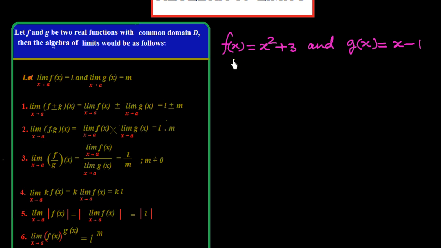Now, what would be the domain for these functions? f of x is equal to x square plus 3, which is a quadratic function, and the domain of a quadratic function is R, the real numbers. Any real number we can put here instead of x. Here g of x is equal to x minus 1, which is a linear function, and the domain of a linear function is also R. So the domain is common. So we have a common domain